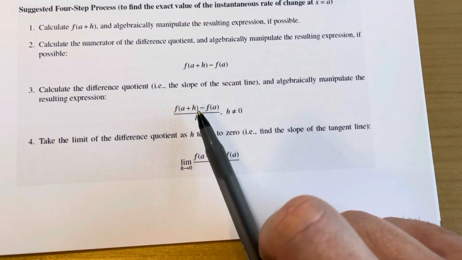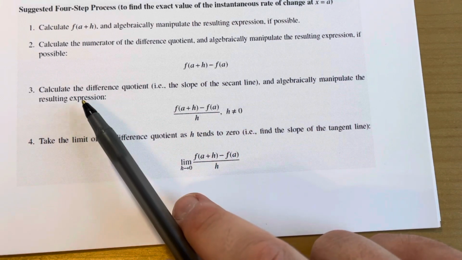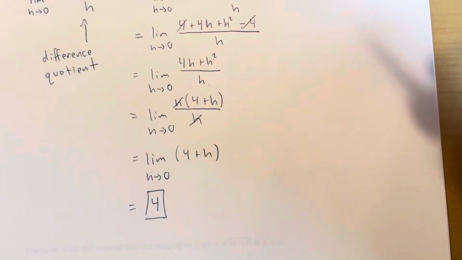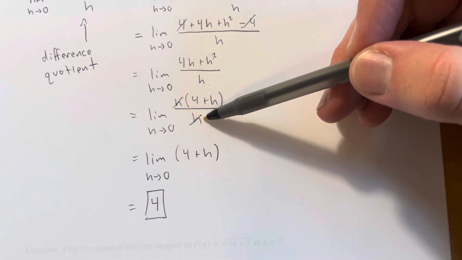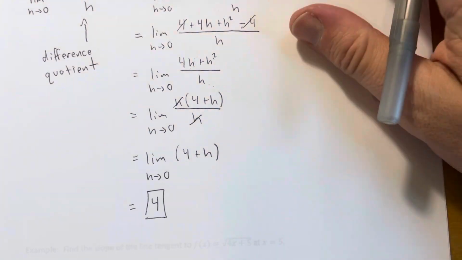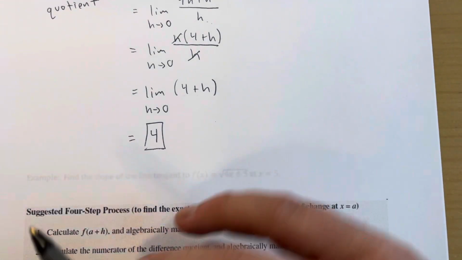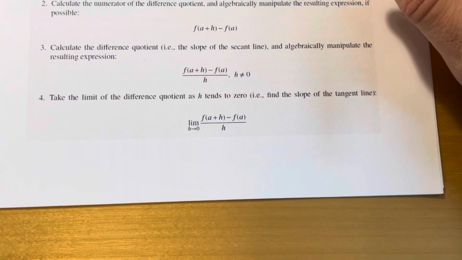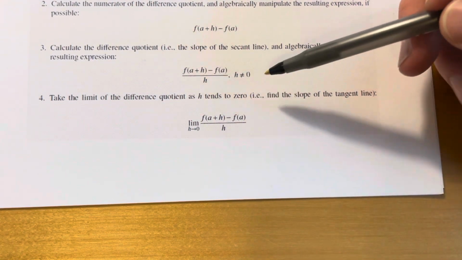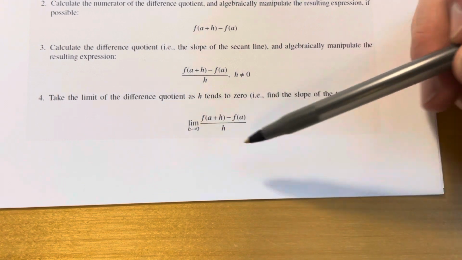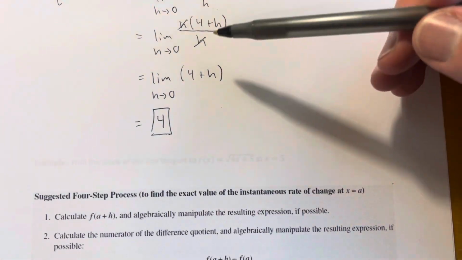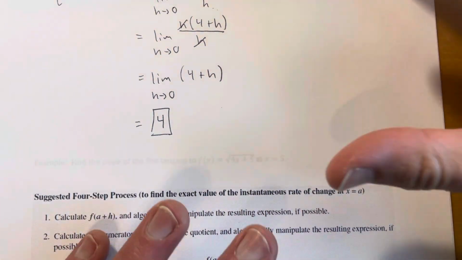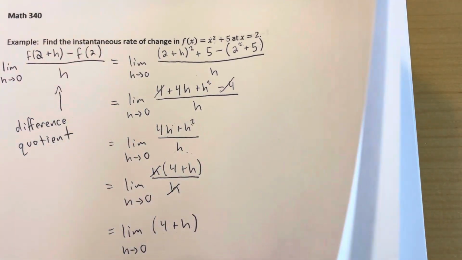Calculate the difference quotient and algebraically manipulate the resulting expression. So that's when we have this thing over h. Really what this third step is talking about is what we did right here. This is the first time I interacted with that denominator. For all these other steps, that h was just along for the ride. But here's where it actually ended up canceling out. So we simplified that quotient using that denominator. At that point, once things have been simplified as much as possible, that's when you want to evaluate that limit. And again, that was the last step that we did. We got it to a point where we could find our limit using direct substitution. And then we did it, okay? So really what I want to do is a handful of examples